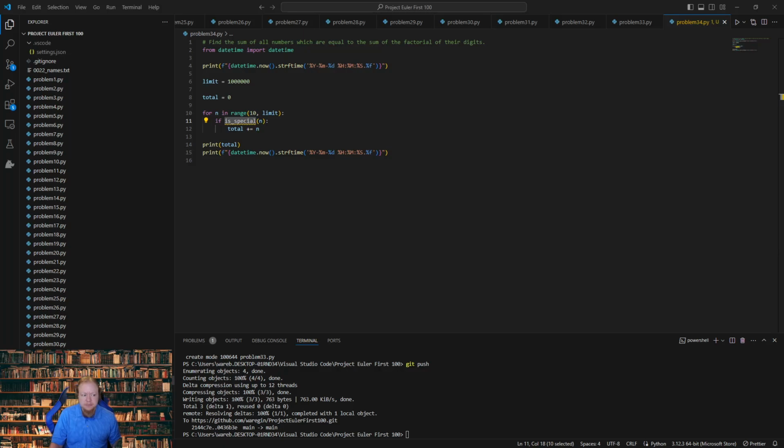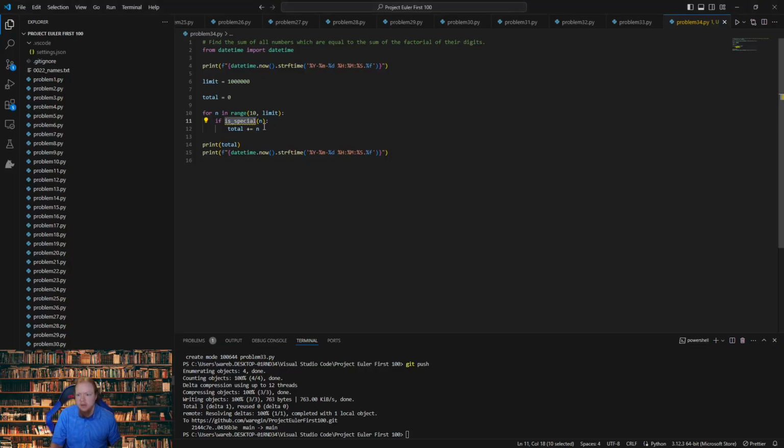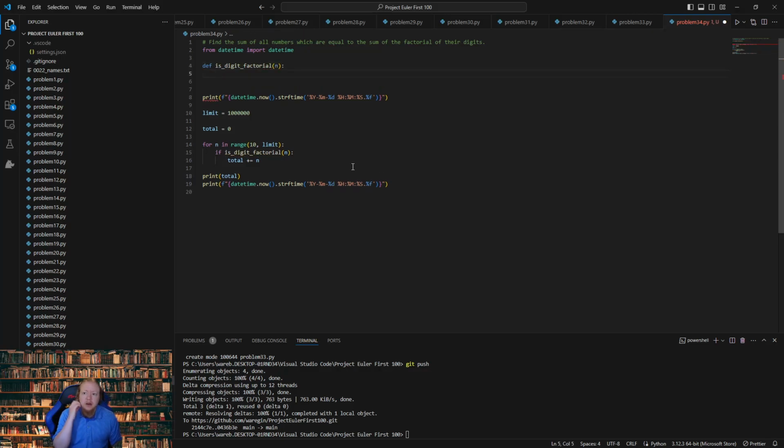Going back to Chrome. I'm gonna say is digit factorial instead, because that seems like a better function name. And then just gotta define it up here. Def is digit factorial that takes in an n, and then